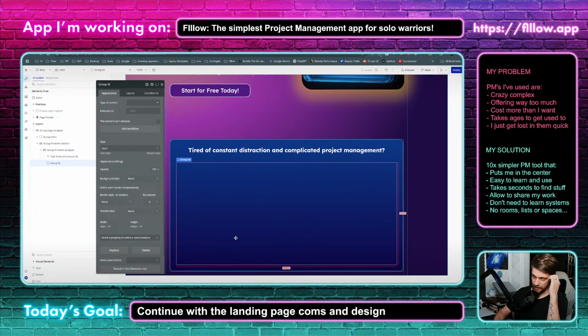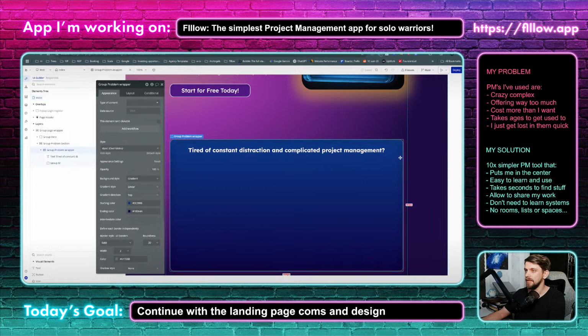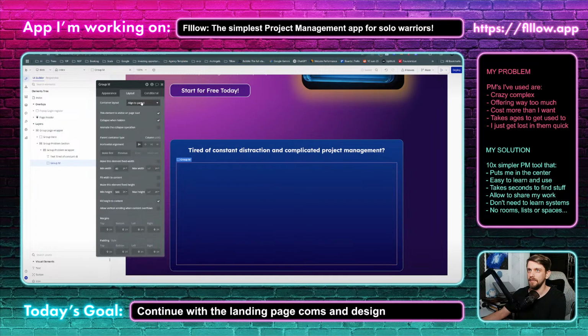So what I need to do now is create a warning sign. This will be the visualization of new features and updates and AI and everything. So the idea is to have an align to parent group which will allow me to place everything